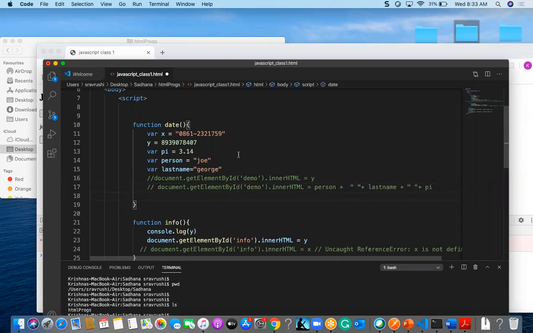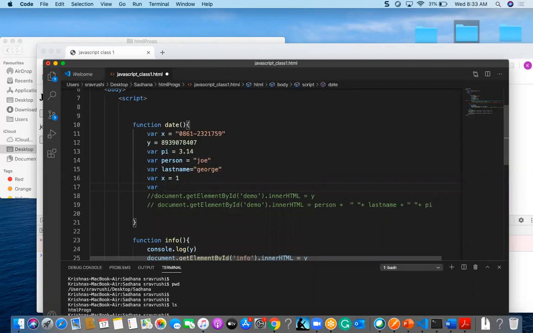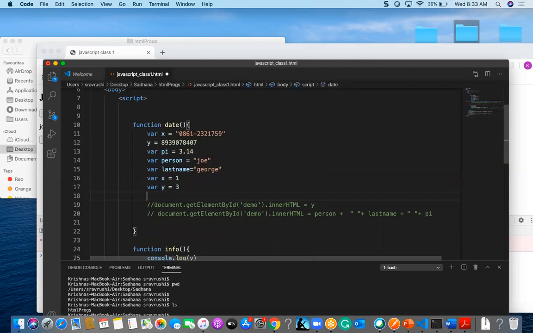So let us see now the concatenation of the values. Here I am going to give some variable, x is equal to 1, and y is equal to 3. And I declared one more variable, that is z.